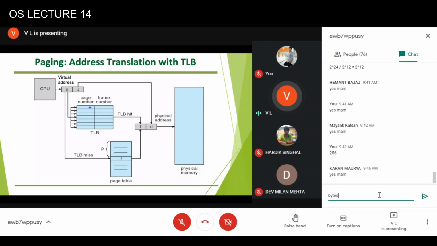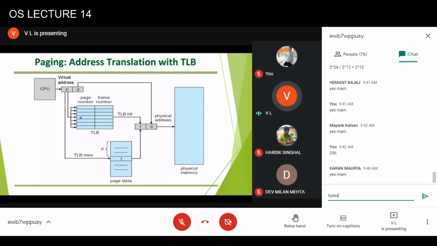Now, one thing that you need to remember is that the entries in the TLB may not be indexed by the virtual page number, because all the entries may not be there. As and when a page is needed, then that entry will be made here. So these entries need not be sorted. That's why it has to keep information about the virtual page number also.